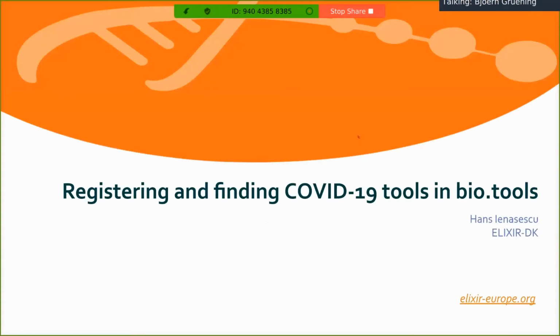The next step then was to annotate our tools. So the ELIXIR tools platform, and especially nowadays Hans from ELIXIR Denmark, is developing a registry where these tools are registered and where we collect a lot of metadata to these tools. So the citations and which input formats they can consume, which output formats, but also in which category they belong.